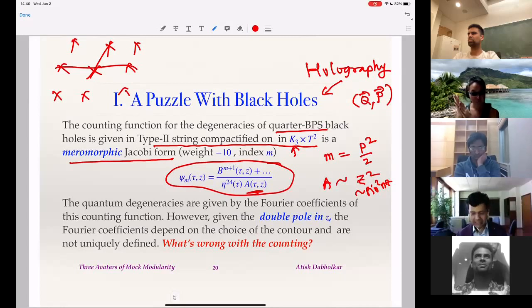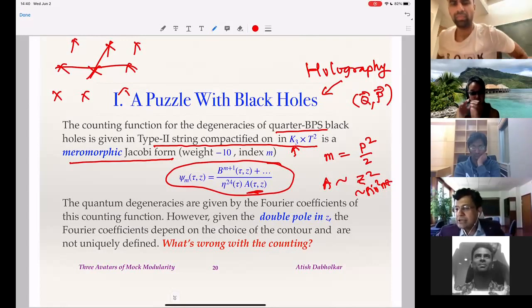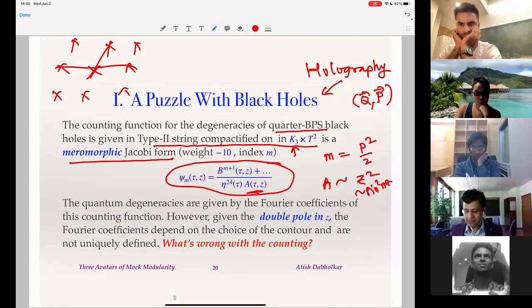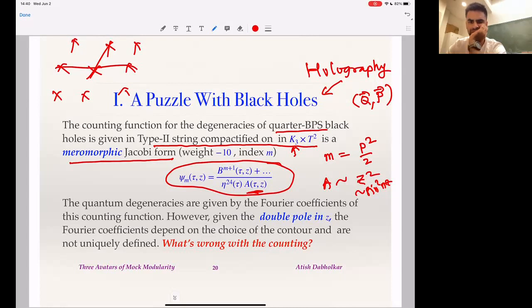And the claim is that the quantum degeneracies of this kind of black holes, which is basically the dimension of this Hilbert subspace, whose logarithm should give you the black hole entropy, are given by Fourier coefficients of this function. However, you can immediately see this cannot be right, because quantum degeneracy should be some number that is given to you for a given system. How can it depend